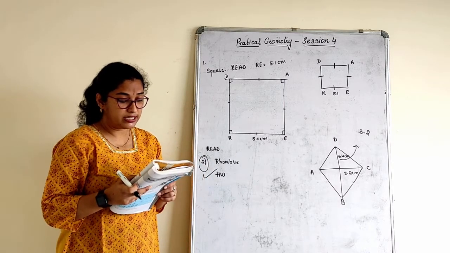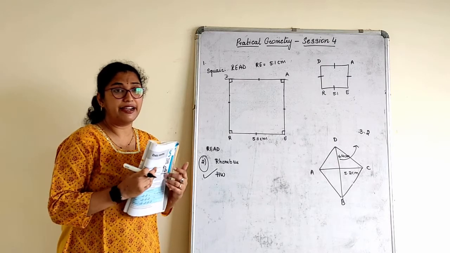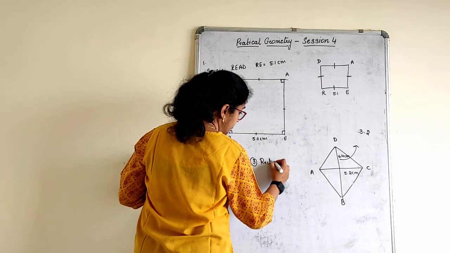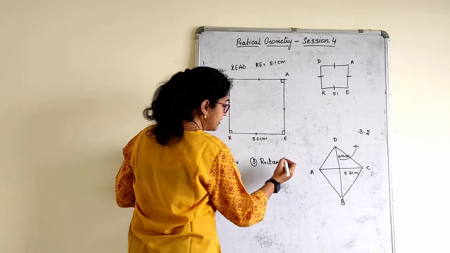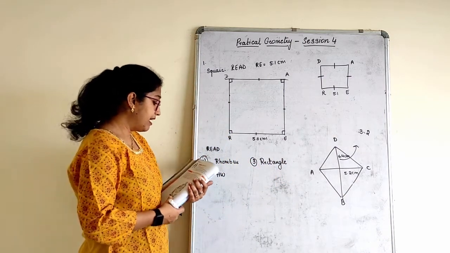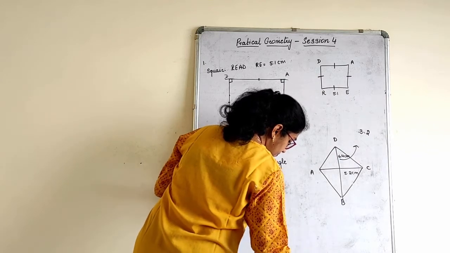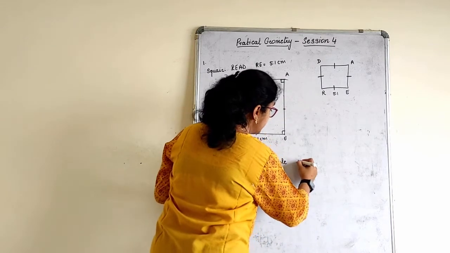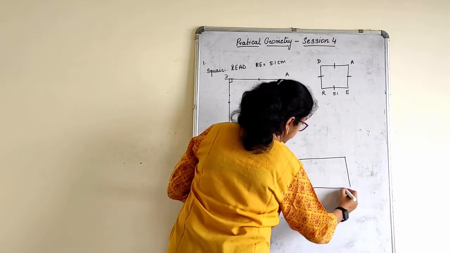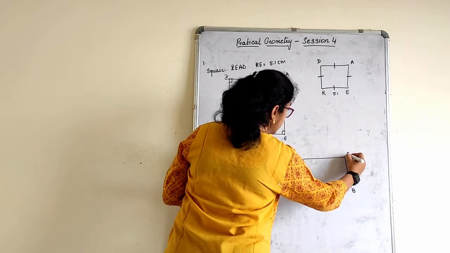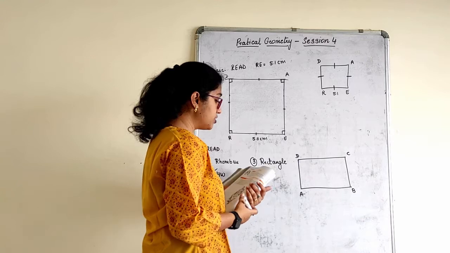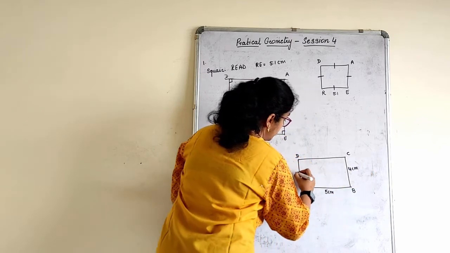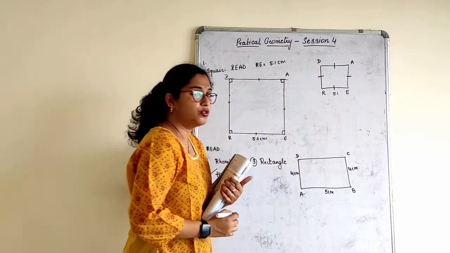A rectangle with edges and sides 5 centimeter and 4 centimeter. This is also done. The third one is the rectangle, because there is no point in repeating the same thing again and again. They have given us the edges and sides. So let me consider this as a rectangle. ABCD is a rectangle where they have given us the edges and sides as 5 centimeter and 4 centimeter. So this also will be 4 centimeter. Now you know how to do this.